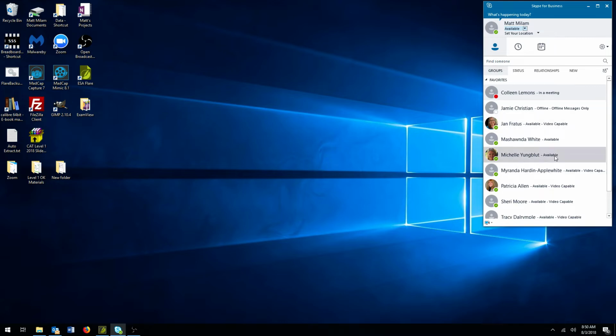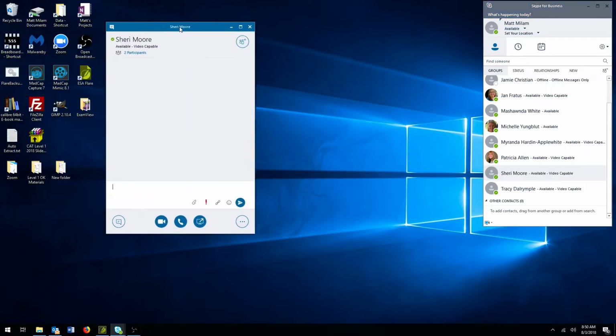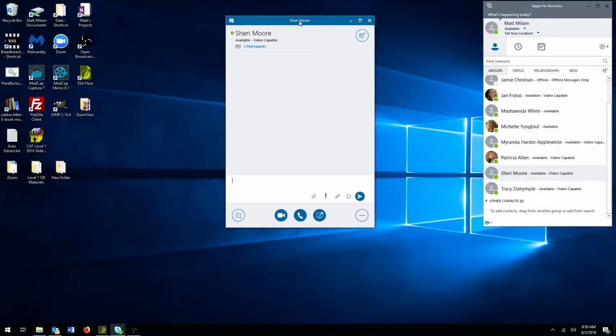Now, to actually chat with someone is pretty straightforward. You just find them in your list and double click their name. And it'll pull up a little text window right here. Then all you need to do is just type in a message. So if you just want to do a traditional instant message, and hit enter. And this will send a message to that individual, and they should actually get an alert in